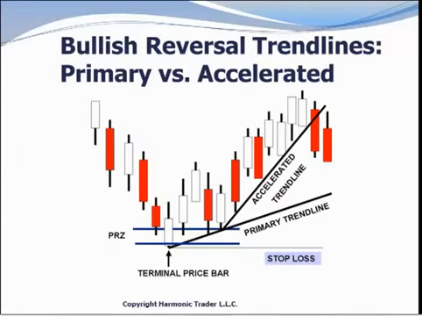Now, if we're looking at a bullish reversal, a bullish PRZ, immediately after we have the terminal price bar established, the ideal reversal will hit the numbers and then begin to exhibit some type of change of character where at least this primary uptrend begins to ensue. What happens typically is we might see some stabilization. It takes a little bit of time where you don't have that immediate dramatic reversal, but shortly after that consolidation, after testing all the numbers and establishing the terminal price bar, then we might get some type of accelerated uptrend